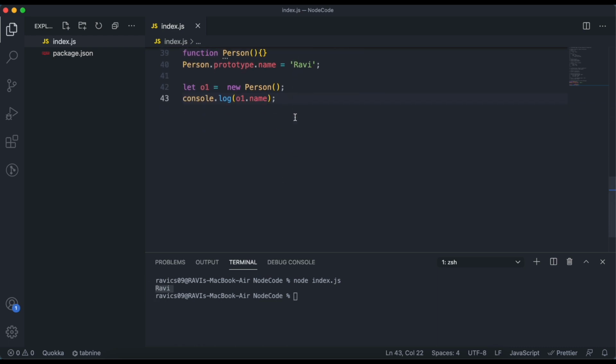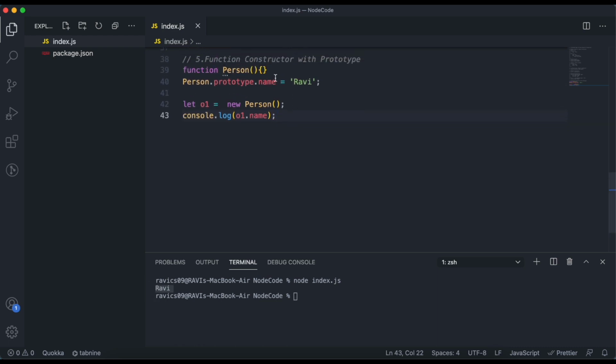As you can see here the name is printed Ravi. So what is happening here, we have created a function and now we are adding some properties in it using the prototype.name. So the Ravi is we have added the property in this function, and now we are calling this function with the new operator. So what will happen, it will return an object with the property name.